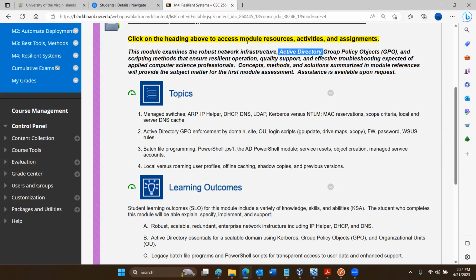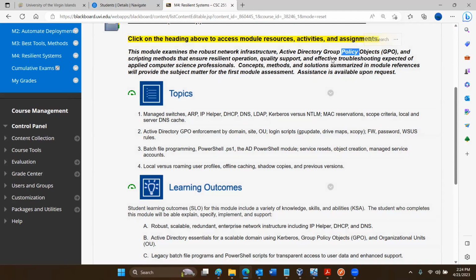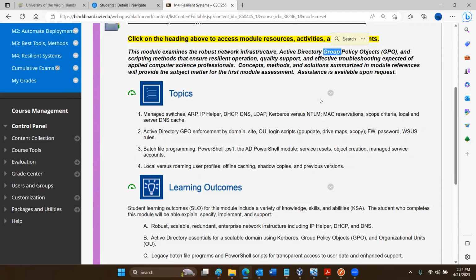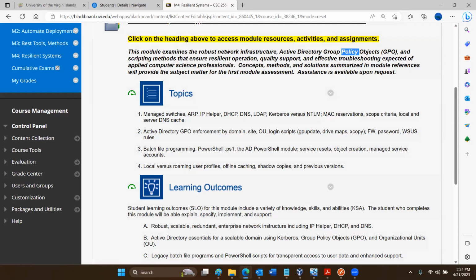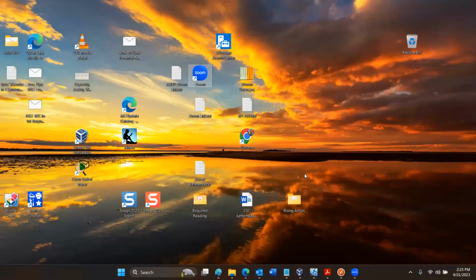So a realm in Linux terms, or a domain in Active Directory, you can create these objects called group policy objects and apply them to groups of objects. And by using those policy objects, you can define things like what kind of desktop people have when they log into the screen.